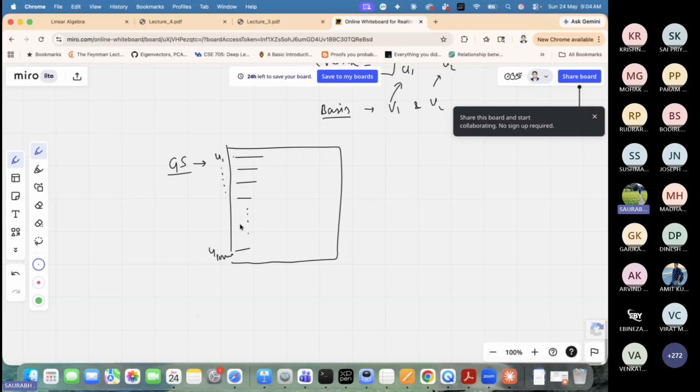Now, if the bank has implemented a method to automatically find out whether the loan should be approved for these users, the home loan or whatever loan they are applying for, they have applied some automatic method, but they don't need to do the calculation for each and every user. Once you find out that out of these lakhs of users there are only 10 unique users, u1 to u10,